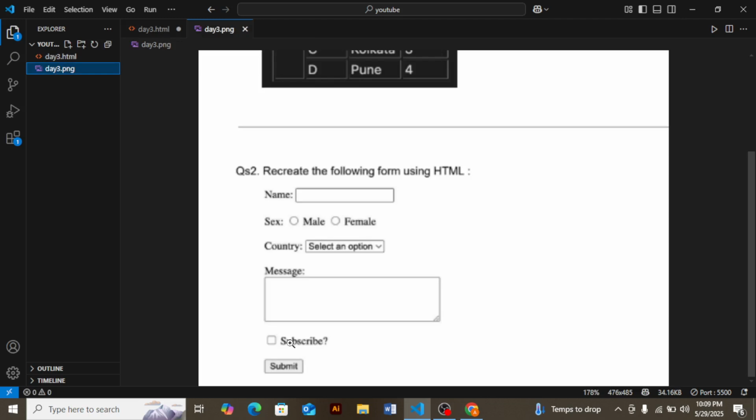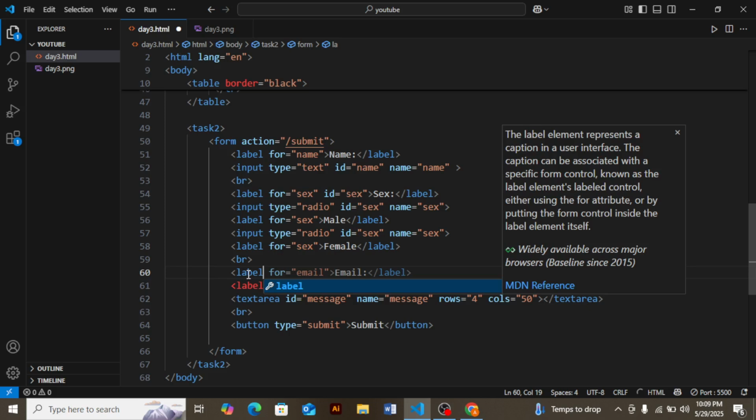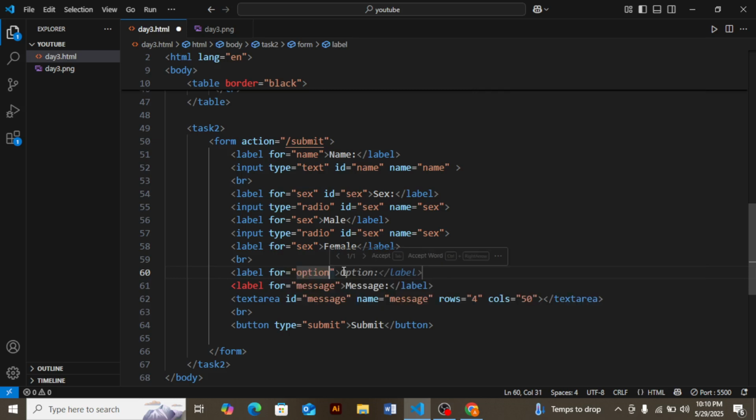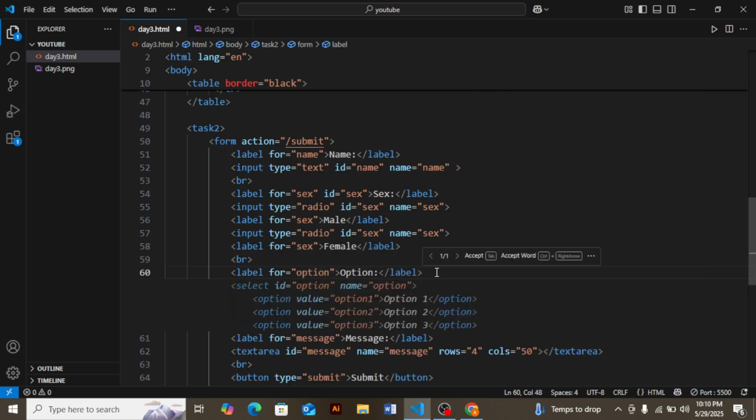So we make the country first, and if we see, our country has a select option. So first we write the label for option, then option 1.